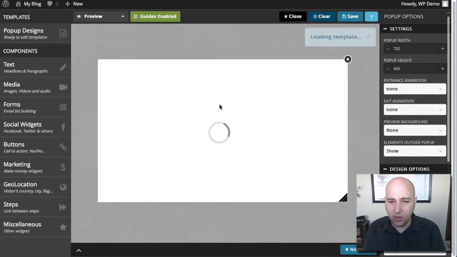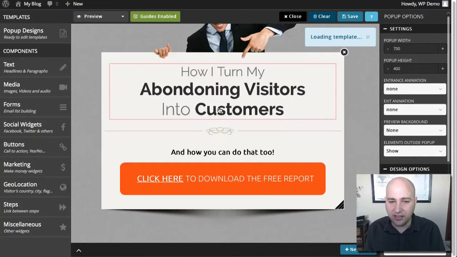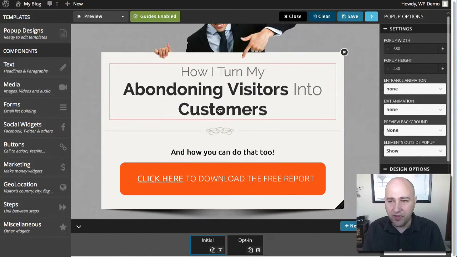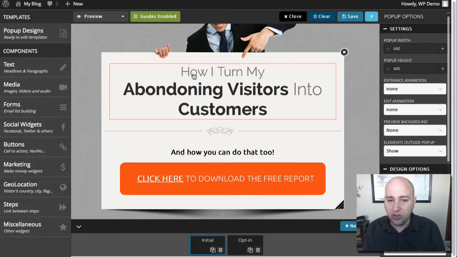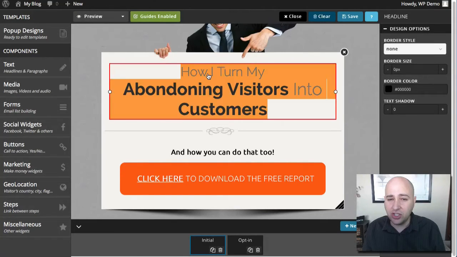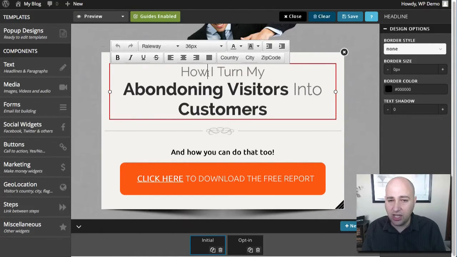So for instance, here's one. Actually, I think this might be one of the upgraded designs. You see, you can just drag and drop it over. Now, the only reason we can't see this guy's face is because I have my window shrunk so it fits perfectly for the video. But if I had my browser the way I normally would, you'd be able to see the person fine. This is actually pretty cool because you can change this picture and make it a picture of you if you want to have that personal branding. It's a visual editor, so if I want to change any text, you can just click on it and start changing it, and you can do whatever you want there.